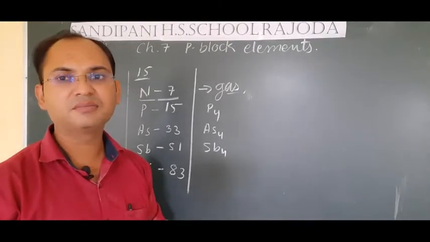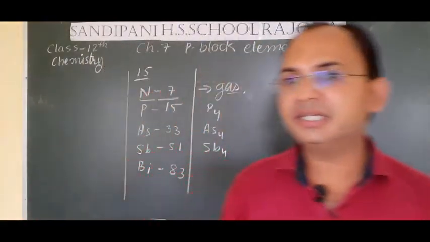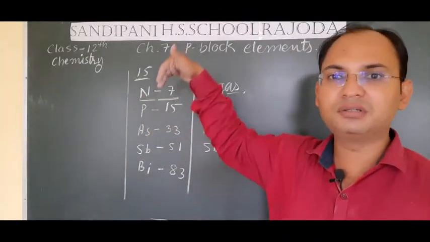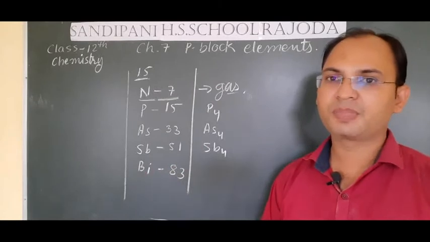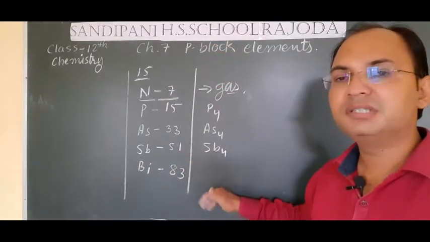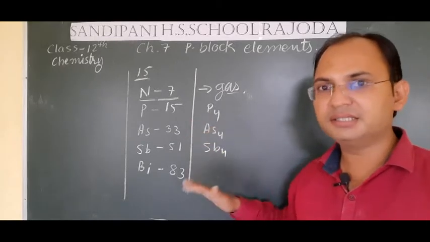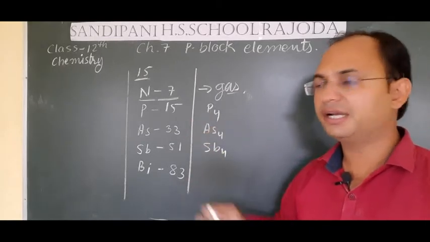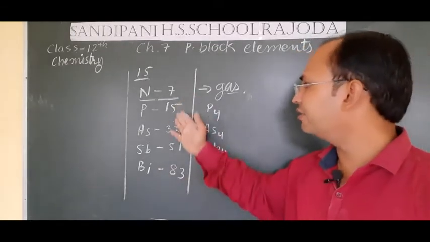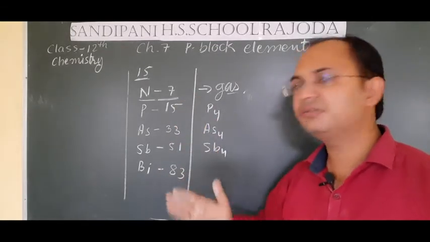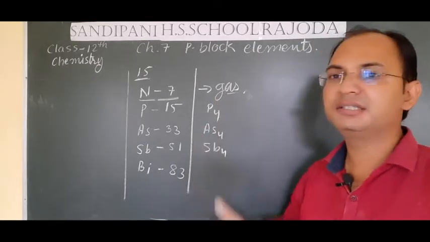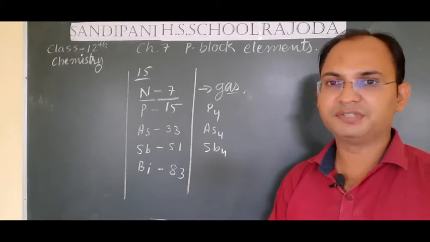First of all, students, you have studied in 11th class, when you studied the property of the periodic table, that the atomic size of the elements increases while going down in a group. Whenever we move from upward to downward, new shells are added in the atom of the elements, and their size increases. You can see here the atomic numbers are consecutively increasing, and that is the reason behind increasing the size of the atom of the elements.